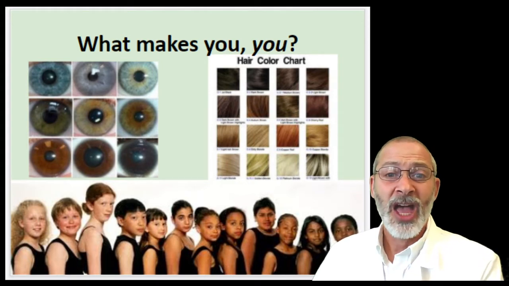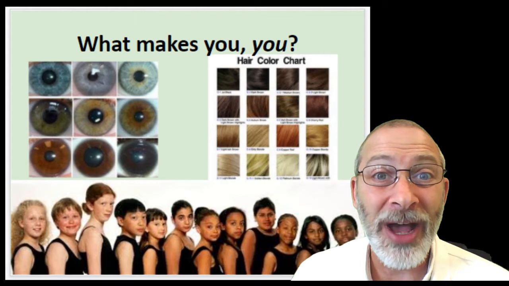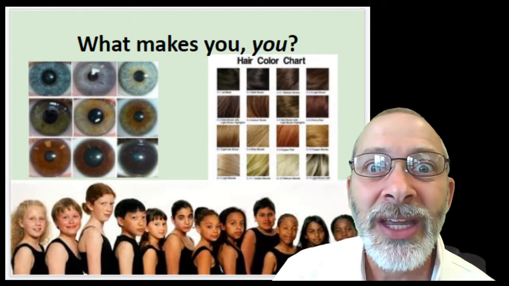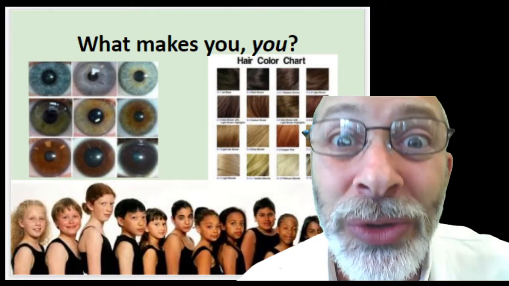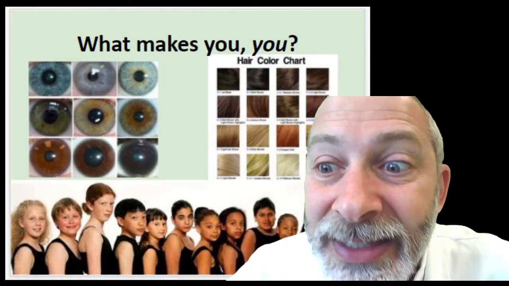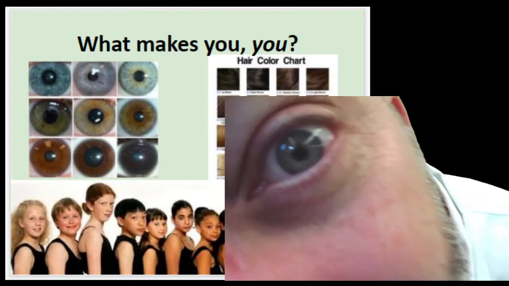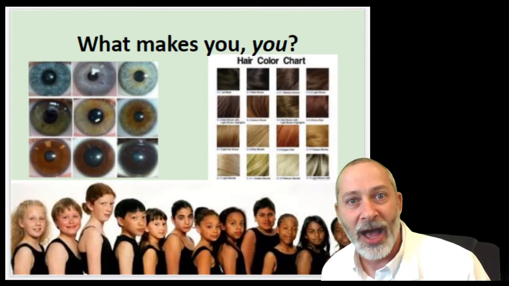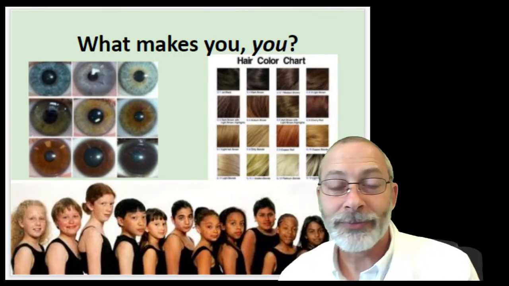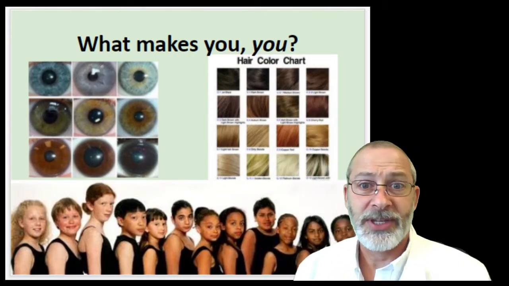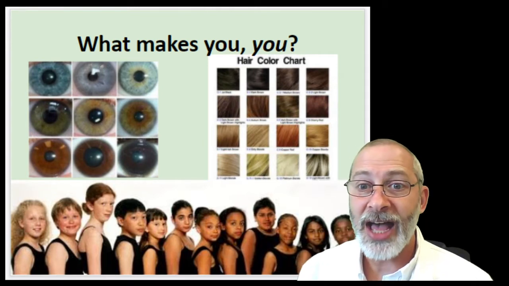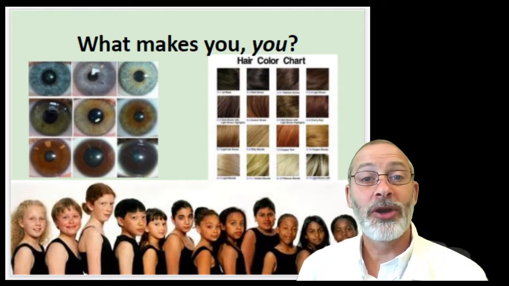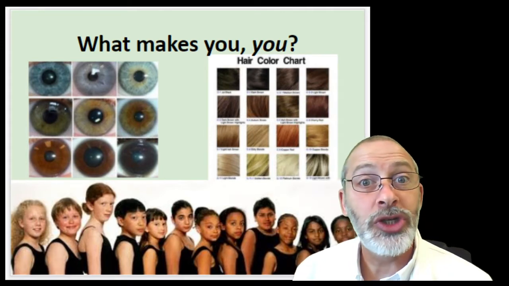For instance, eye color. I don't know about you, but things with the eyes kind of freak me out. So looking at this picture kind of freaks me out a little bit. But when you look at someone's eye, let's see if you can see my eye here. What color would you say my eyes are? Different people have different colored eyes. That's one of the characteristics or traits that are controlled by your genes or your genetics.